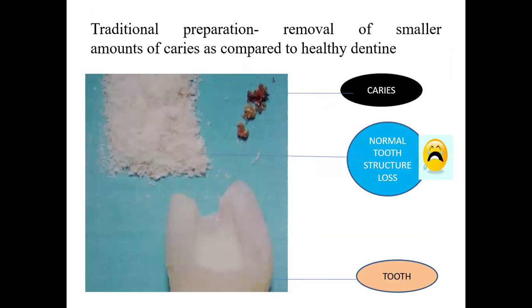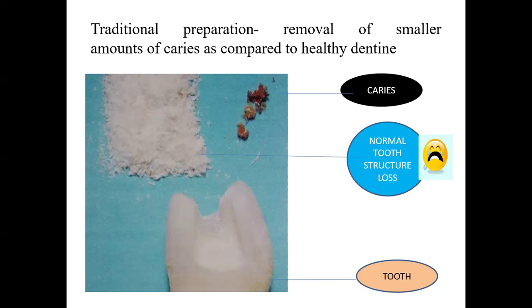So the traditional preparations incorporate the removal of smaller amounts of caries as compared to healthy dentine. As we can see in this picture, this is the normal tooth structure which has been lost from the tooth, and the black portion is the decayed part or the caries. For the traditional preparation, we'll remove only the areas of infected dentine,